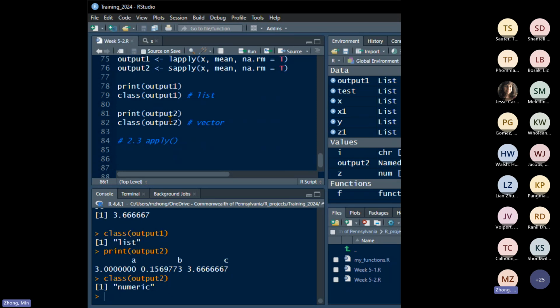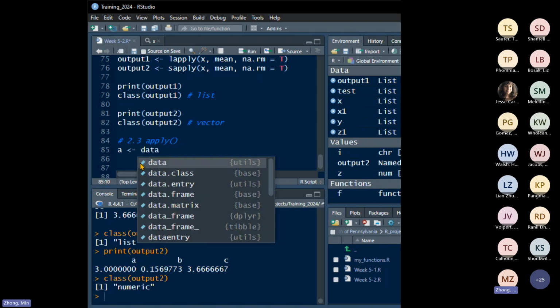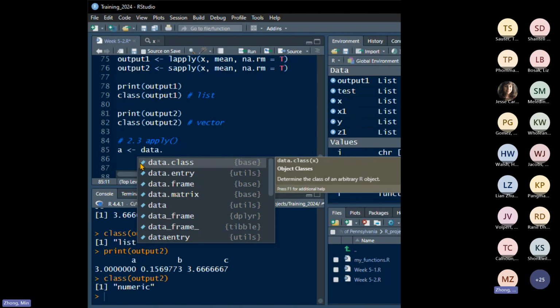So let's see how we can specify when to apply to rows and when to apply to columns. I think it will be good to first define a data frame, because this one's input is a data frame. If you still remember how to create a new data frame,